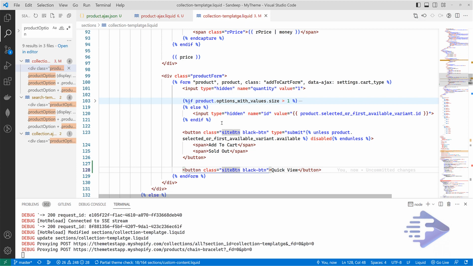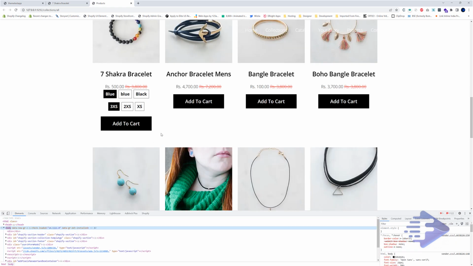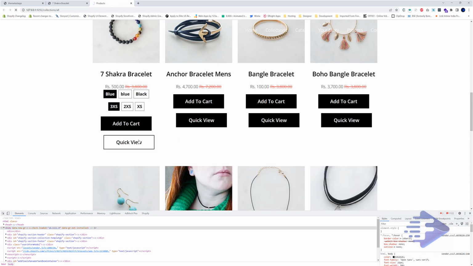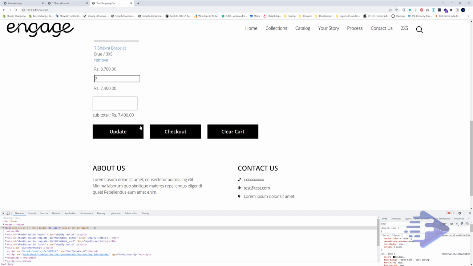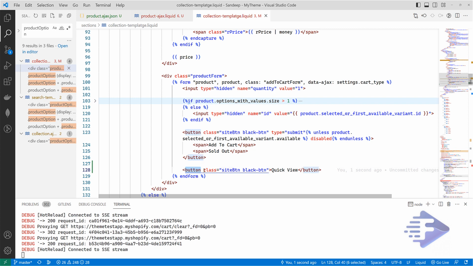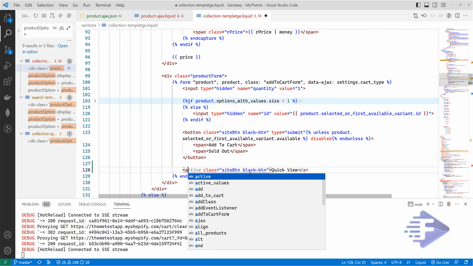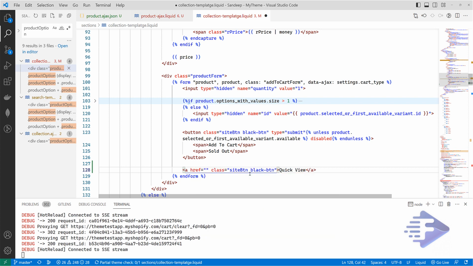Let's see how it's working. Okay. So we have to change this one to an anchor with href and hash.